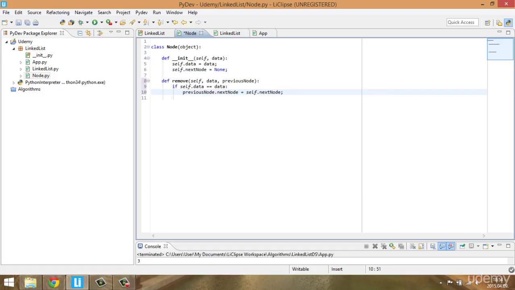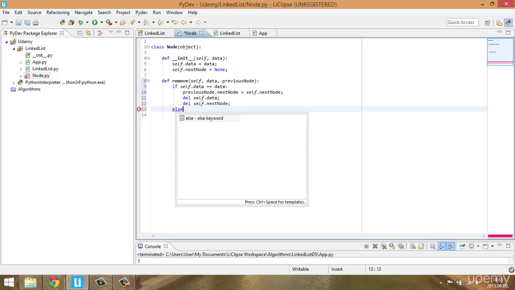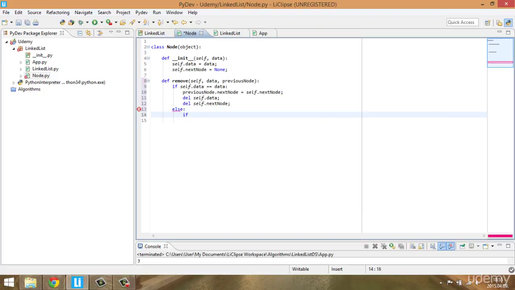As we have talked about in the theoretical video, we just have to update the references, so these next node references, and we have to delete them in order to avoid obsolete references and to let the garbage collection do its work. So we just have to get rid of the references, the data, and we have to get rid of the next node. Okay. And else we have to check whether the next node